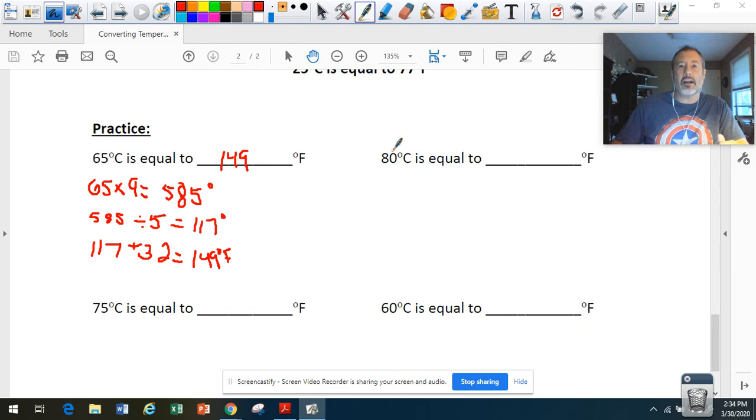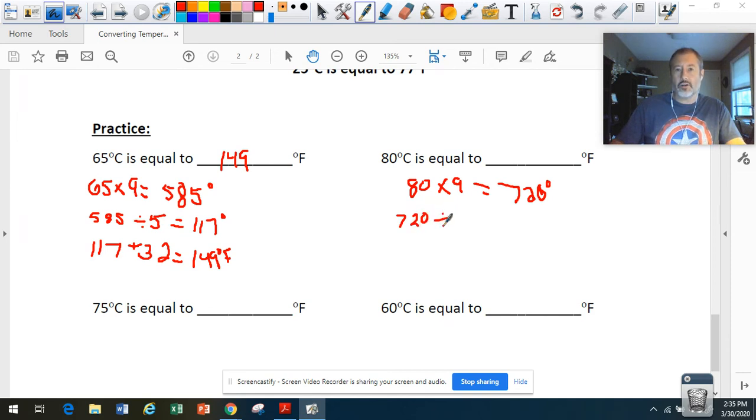Okay, so now let's take a look and see what we have here. We have 80 degrees Celsius is equal to what degrees Fahrenheit? First thing we do is we multiply that times our 9, which should be 720. So we have our 720 degrees here. Now, we take that 720 degrees